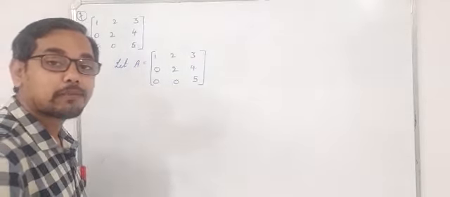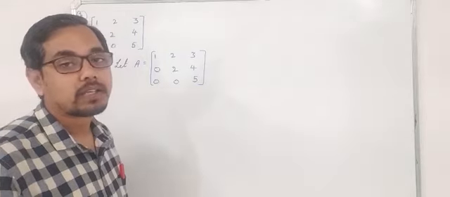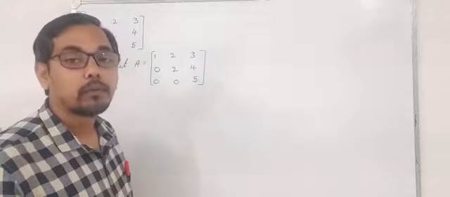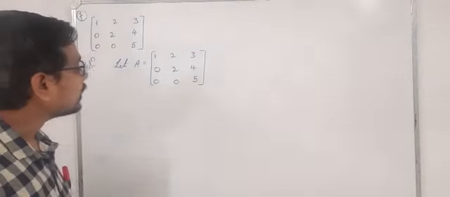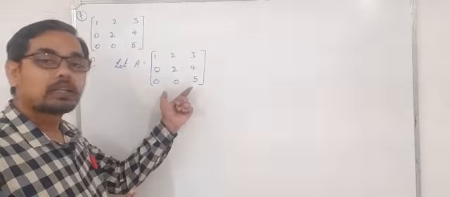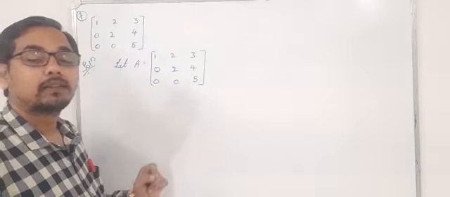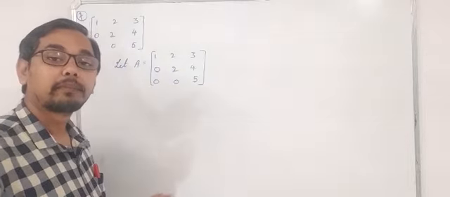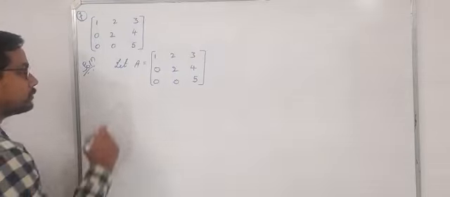And what is the easiest method to find the determinant? Select the row or column which is having maximum number of zeros. Evaluate through that row, you will be getting the determinant value at the earliest. Right. So here you can observe third row or first column is the row or column which is having maximum number of 0. So let us expand it through first column.